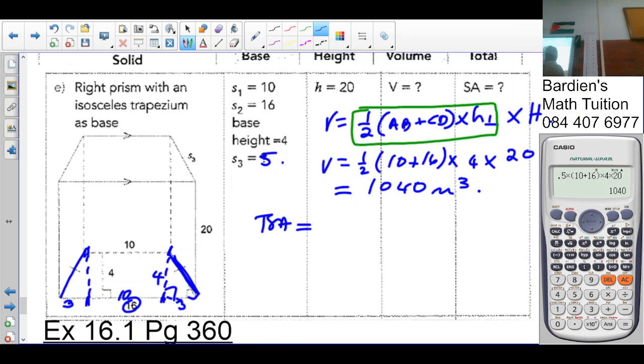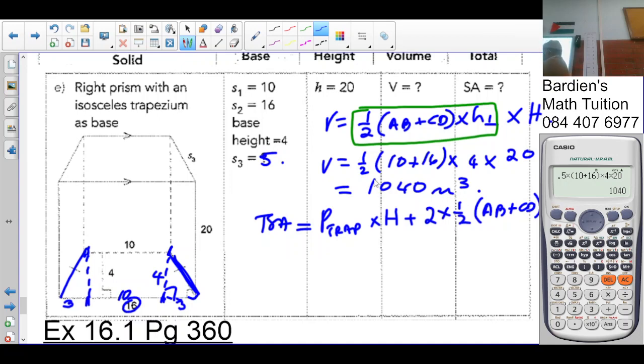Looking at the total surface area, I'll calculate the surface area. Perimeter of base times height plus twice area of base. So the perimeter of the base is going to be the perimeter of a trapezium, perimeter of base times the depth of the object, plus twice area of base. There is 2 times half the area of the trapezium, so half AB plus CD times the perpendicular height of